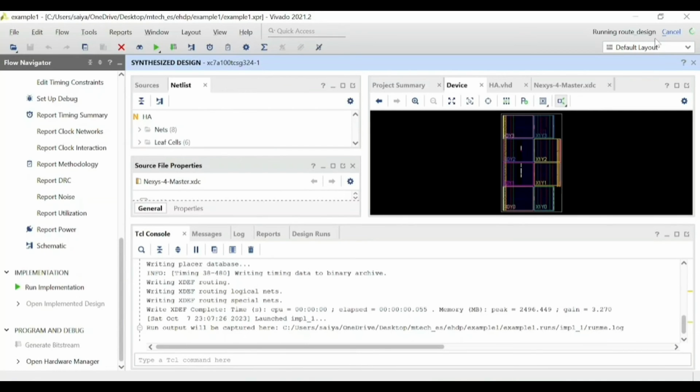Now friends, while the routing is going on, one more thing is that many of the people,